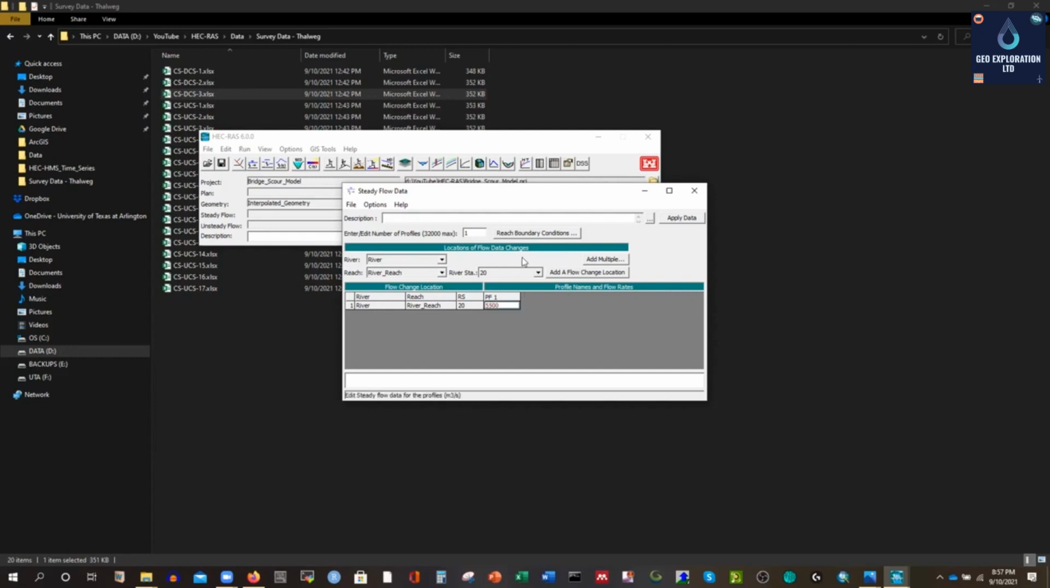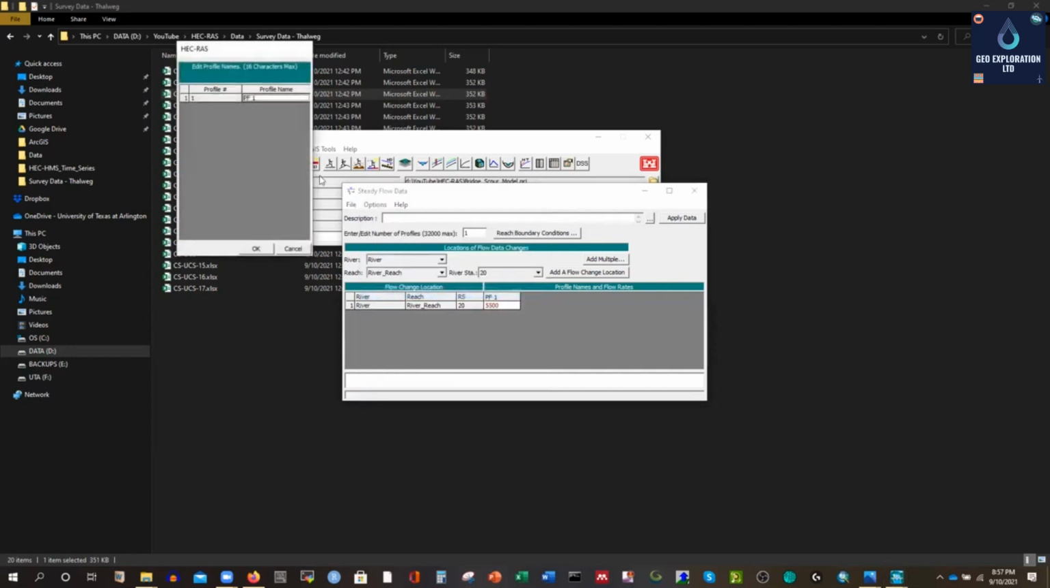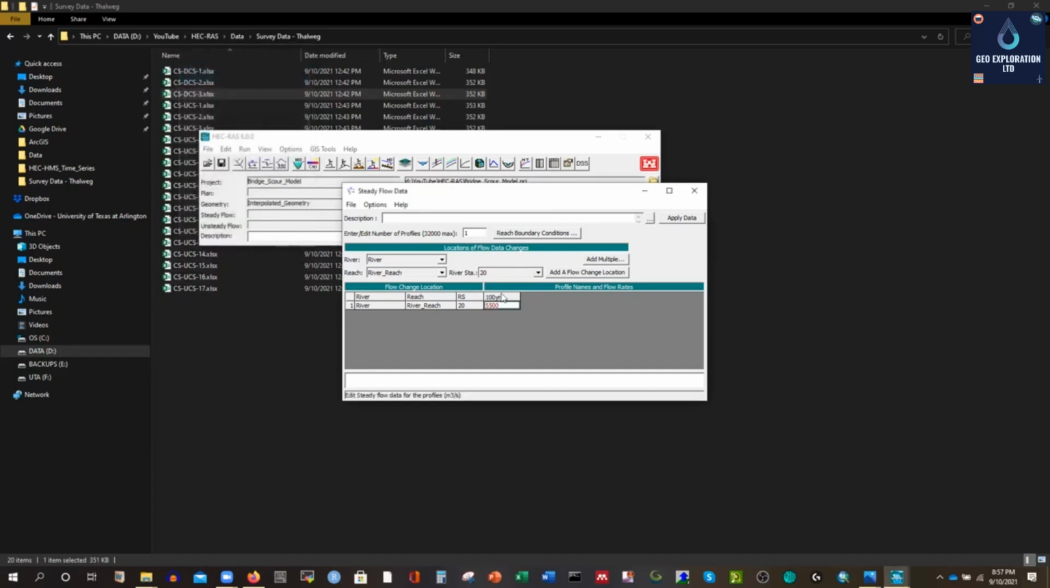And if you want, you can add multiple locations. These are the options, and from here you can edit the profile names. If I click there, you can change the profile name. I can give it 100 year flow, so that you can track this is for 100 year, and you can add more profiles for 500 year, okay. You can add that. And if I want to select that reach boundary condition, okay,